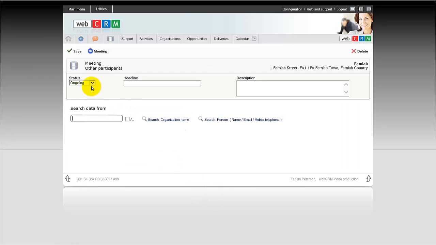Right, so first of all, we need to choose if this one is completed or ongoing. We're going to choose the headline, if you want a headline, and the description, if you want a description. We already had one called other participants, so in this situation, it might not be necessary to put in a headline or description, possibly. So search data from, find the organization or the name of the person that you want